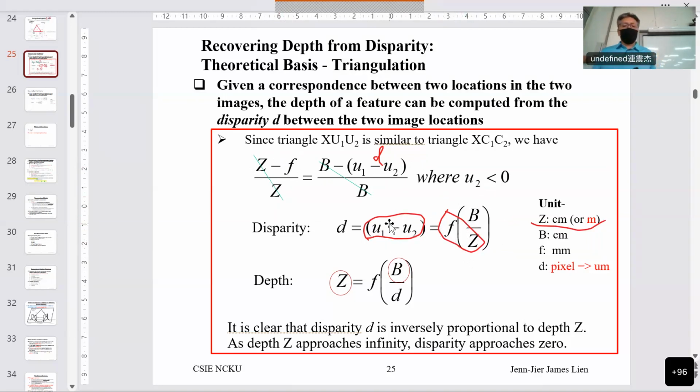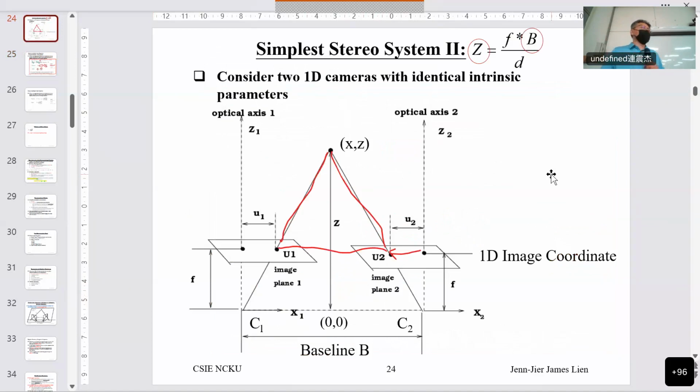But our purpose is to find the Z, the test Z. So you reorganize again, and it becomes this. That means Z, the test Z compared with your baseline, equals your focal length compared with your disparity D. 就是说这式子不用背，简单地讲，Z 的深度比上 B，baseline，大概等于 F 比上你的 disparity。F 是深度，这是影像坐标了。This will be coordinate in